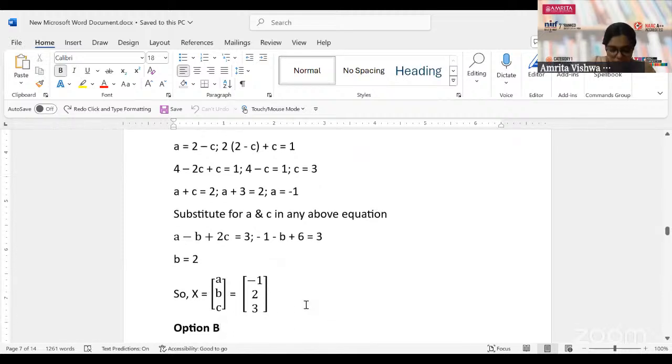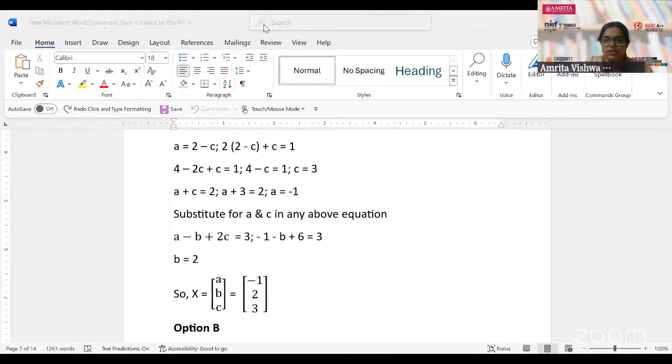And I think there are students who have already typed the answer. Yes, there are children who have already typed the answer. It's option B and it's correct. So are there any students who want me to repeat this question? It's simple, right? Are there any children who want me to repeat this?